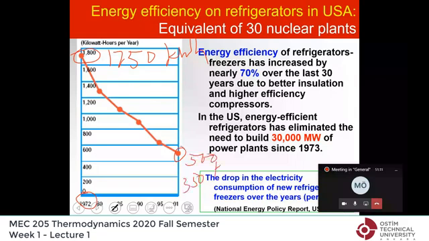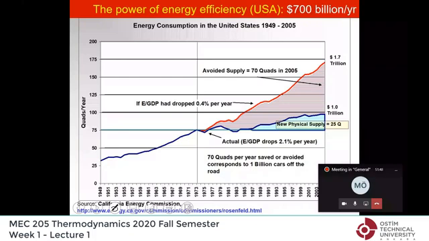As a result of this drop, when you calculate the energy saved, it comes down to 30,000 megawatts of power plants, which is equivalent to like 30 nuclear power plants. Just making refrigerators more energy efficient saves you 30 nuclear power plants or 60 coal power plants. So this shows the power of energy efficiency. And if you compare the savings,